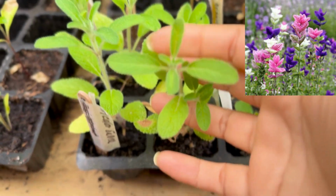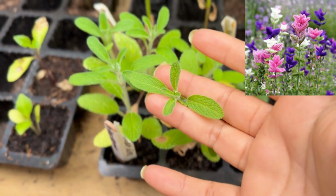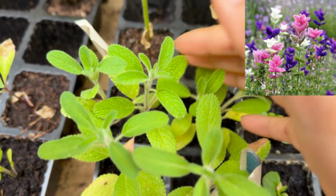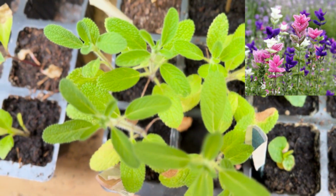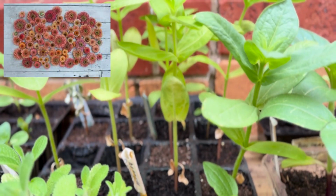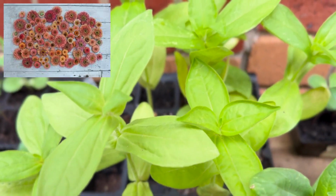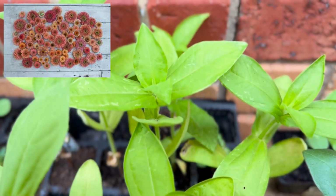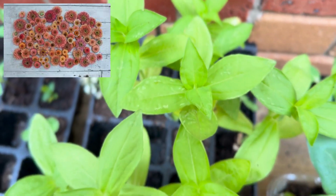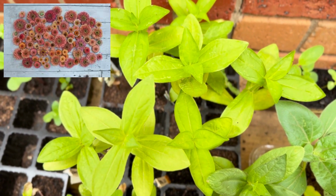I'm also trying this beautiful salvia variety. It's called tricolor salvia, and the colors are just so beautiful, and I am so excited to see these grow in my little garden because they also look really beautiful in cut flower arrangements, so I can bring them inside my house and have them in pretty little vases. Floret flower zinnias, I am so excited about these. I cannot wait for them to start blooming. I've already put a lot in my patch,